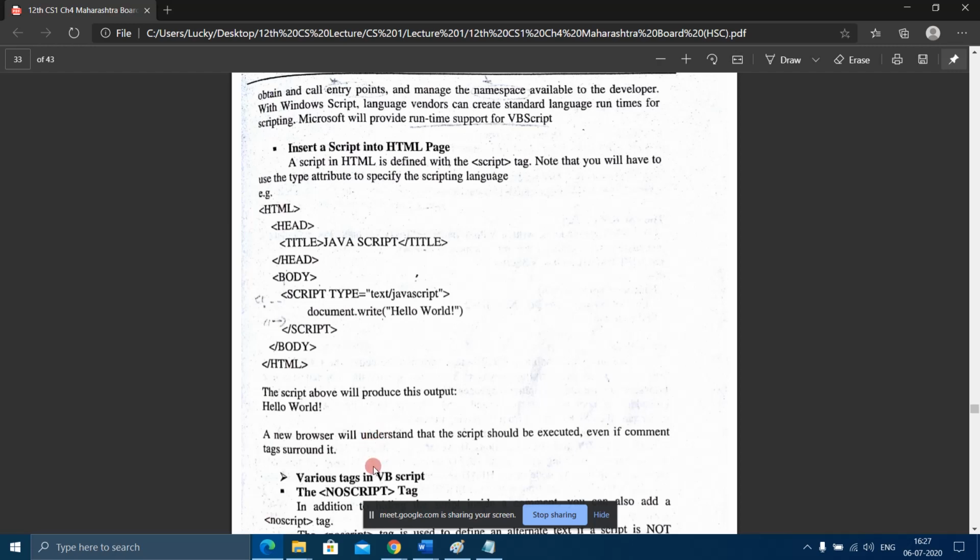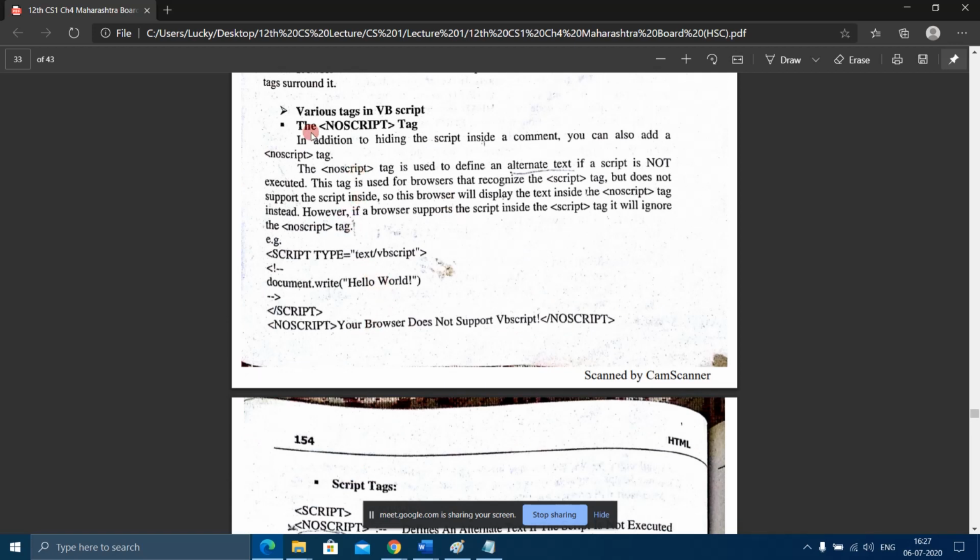Okay, next, various tags in VBScript. There are different tags which can be used in VBScript, like noscript tag. So what's the purpose of noscript tag?